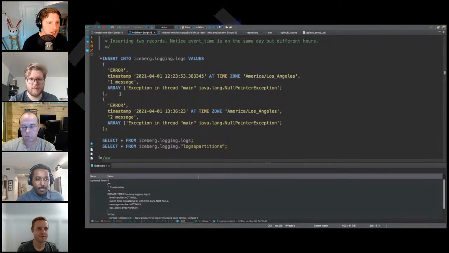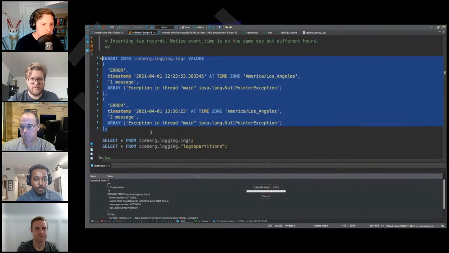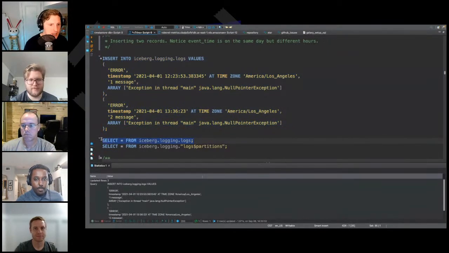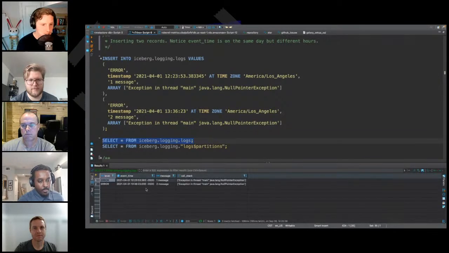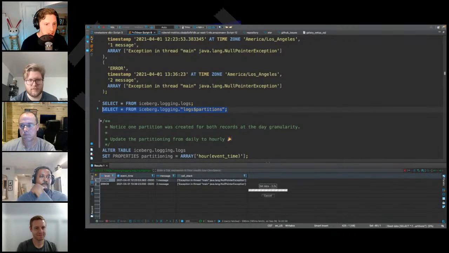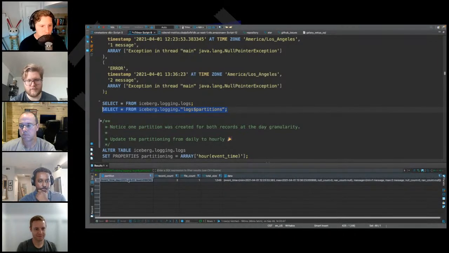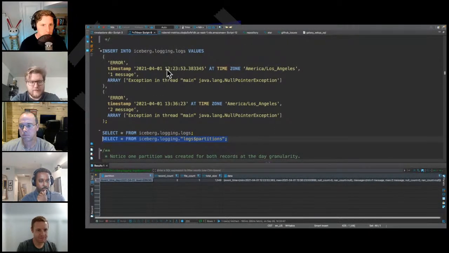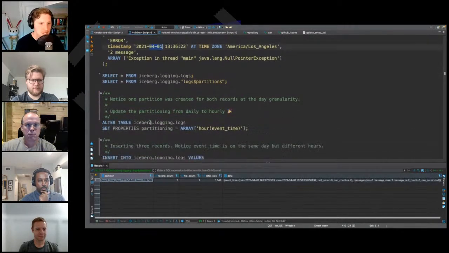We're going to insert just 2 records for right now. And let's go ahead and select and make sure that those got in there. Sure enough, we have some data sitting in there now. And I'd like to first point out, now that we talk about the partitioning level and doing our partition migrations, we currently have one partition that's at the day level. So these 2 different rows are coming in at different times, different hours, but they are at the same day. So that is just one single partition that we have here.